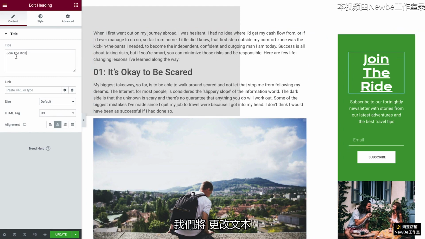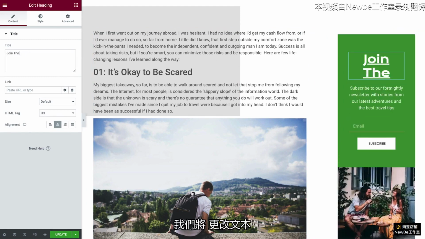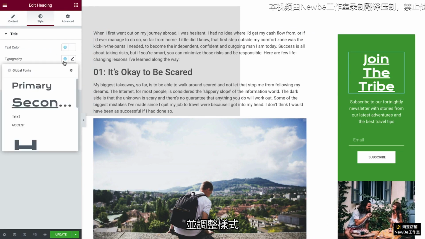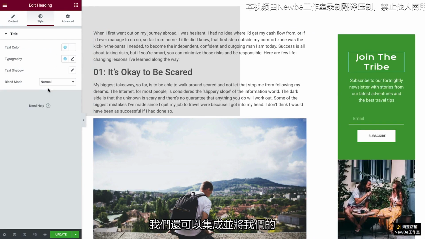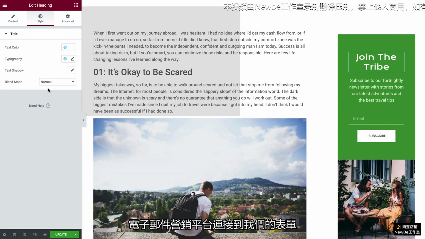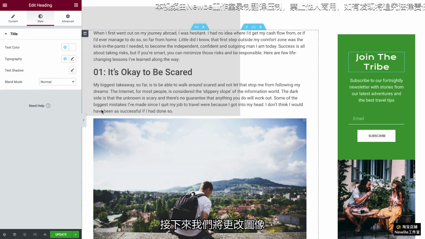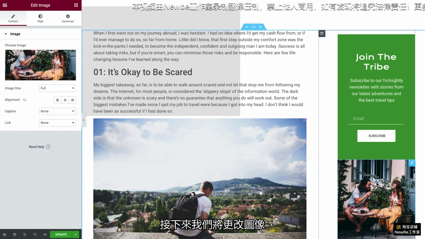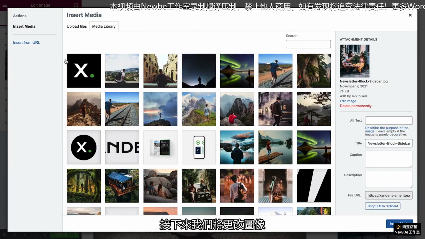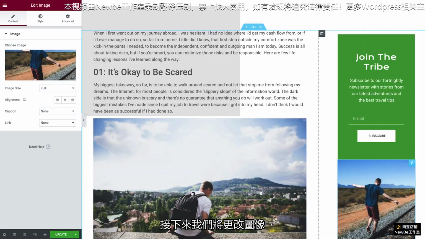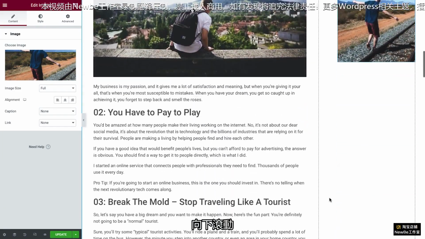First, we'll change the text and adjust the style. We can also integrate and connect our email marketing platform to our form. We'll leave the related links in the description. Next, we'll change the image. Scrolling further down,